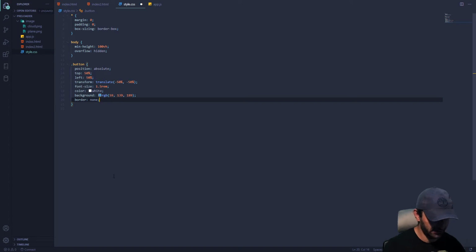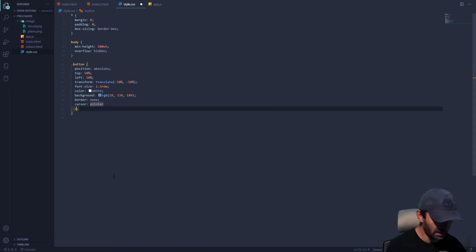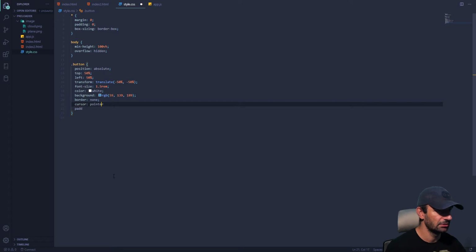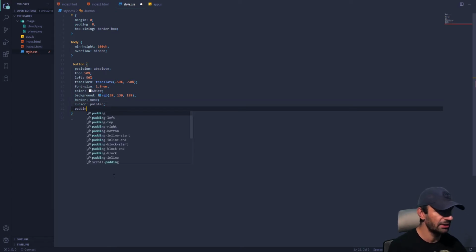What else we have here? And the cursor will be pointer. The outline will be none. Why give outline? I don't know. I'm not gonna give the outline. The padding. Oops, I forgot the comma here. The padding will be